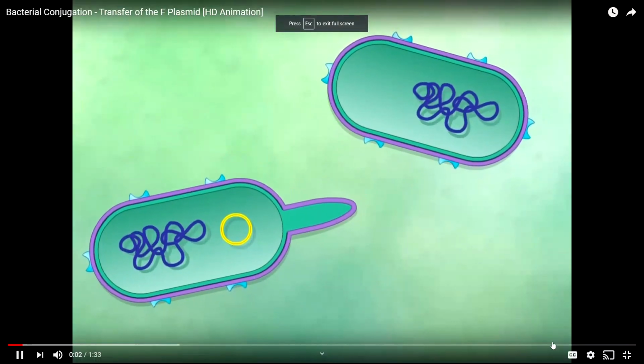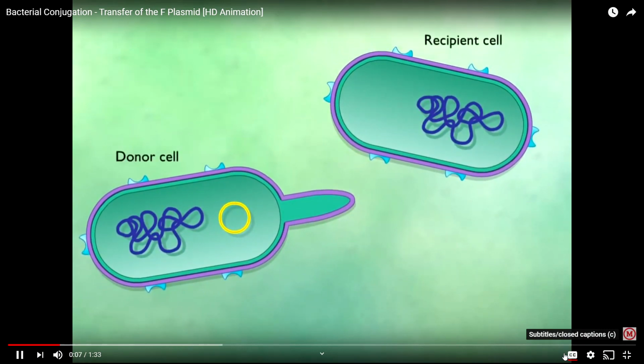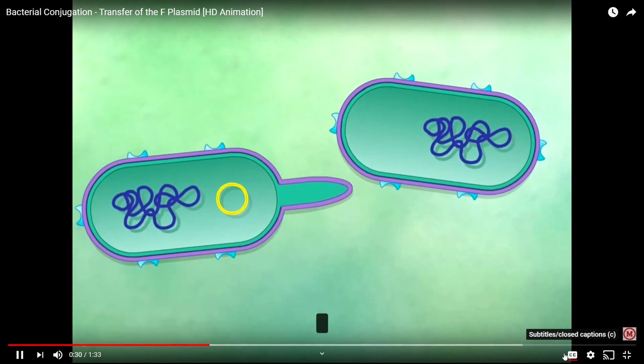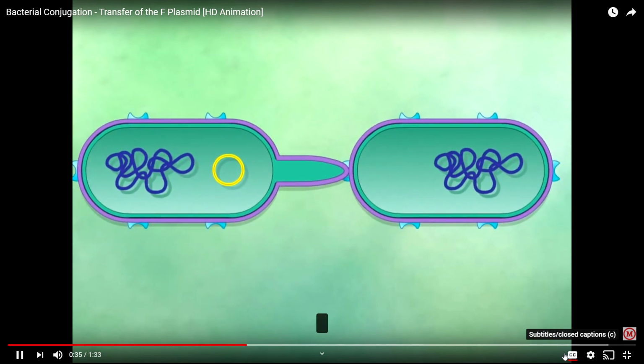Conjugation is a mechanism of gene transfer that requires direct contact between donor and recipient cells. F+ cells carry the F plasmid, enabling it to make an F pilus and act as a genetic donor. Recipient cells that lack an F plasmid are referred to as F-. The F plasmid encodes for the F pilus, a protein appendage that attaches the donor to the recipient cell. The first step in plasmid transfer is contact between the donor and the recipient. The F pilus of the donor cell recognizes and binds to specific receptor sites on the cell wall of the